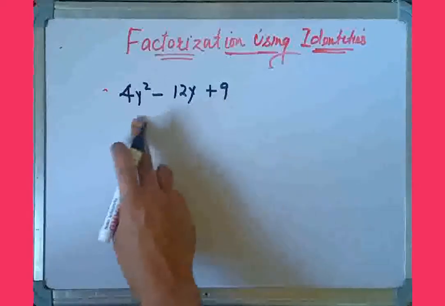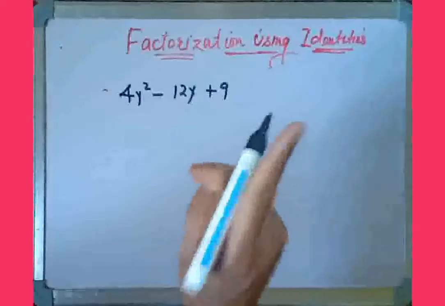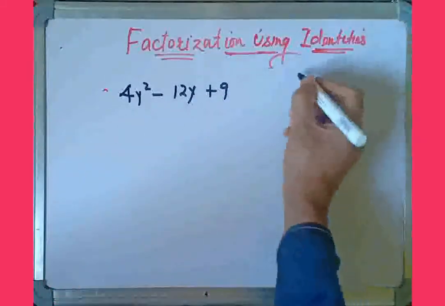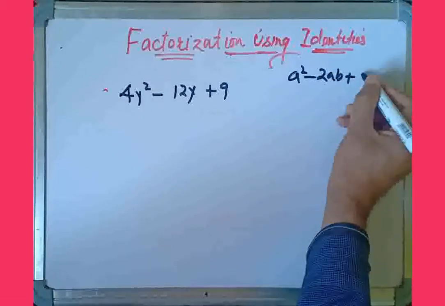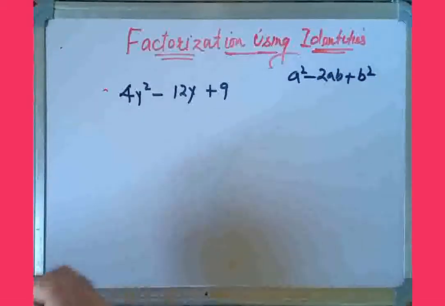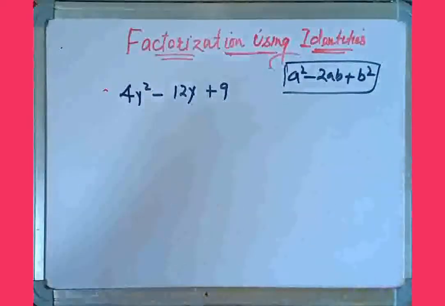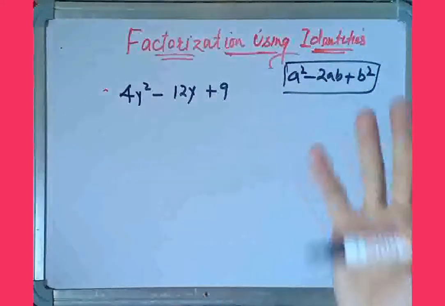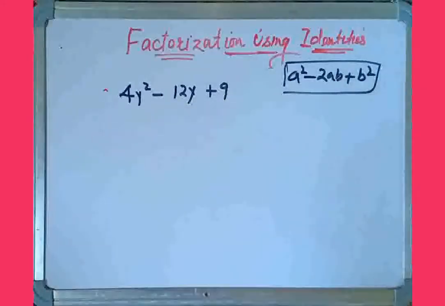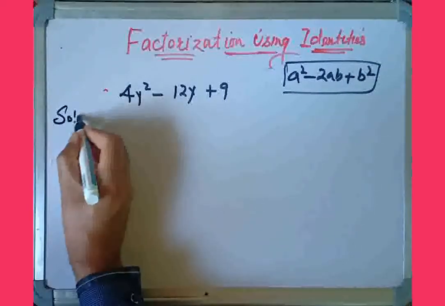See, this given expression is of the form of the second identity, a square minus 2ab plus b square, right? So this expression fits this identity. First we have to find out which expression is of the form of which identity, that is, which identity fits the given expression. So, solution: